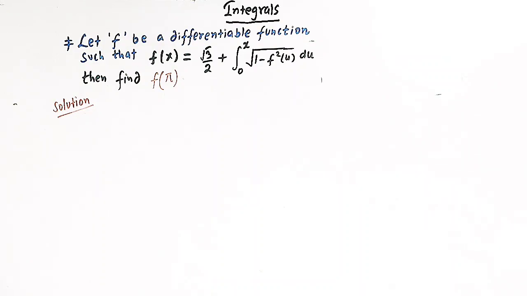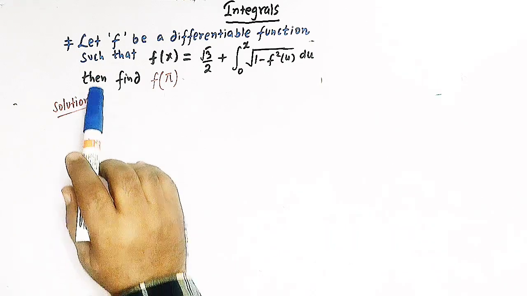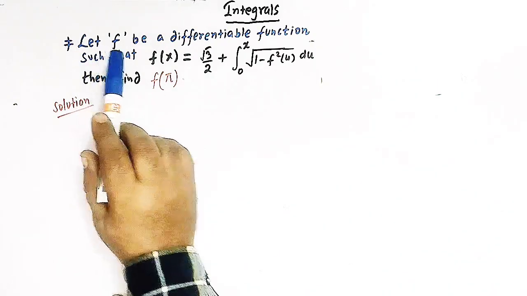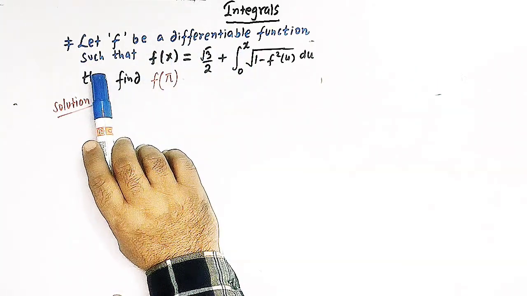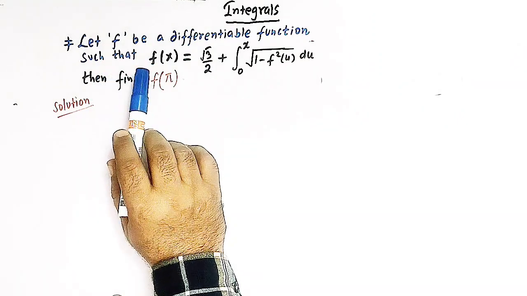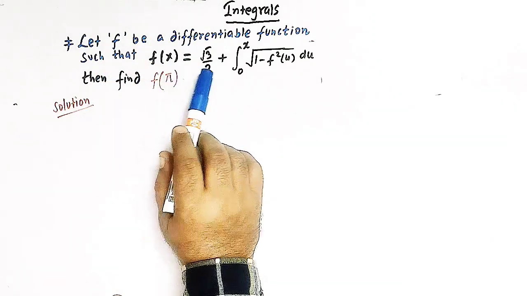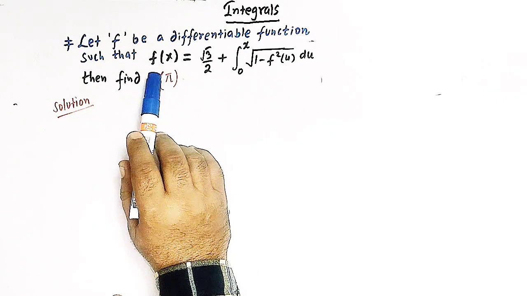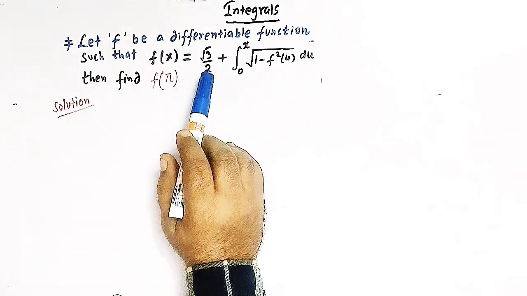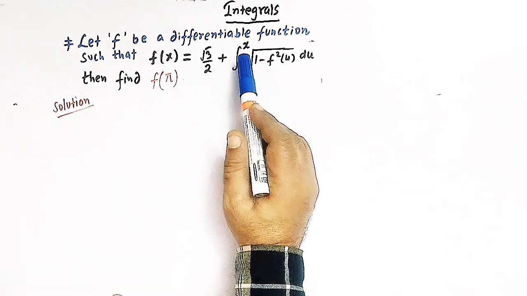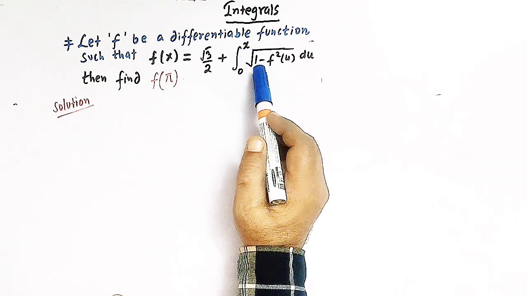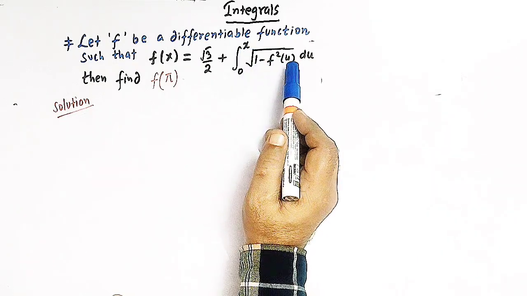Hello viewers, in today's session we are going to discuss another important and very conceptual problem from definite integrals. In this session I will solve this problem where we are given a function f which is a differentiable function, and this function f of x satisfies this relation, that is f of x is equal to square root of 3 over 2 plus integral 0 to x square root of 1 minus f square u